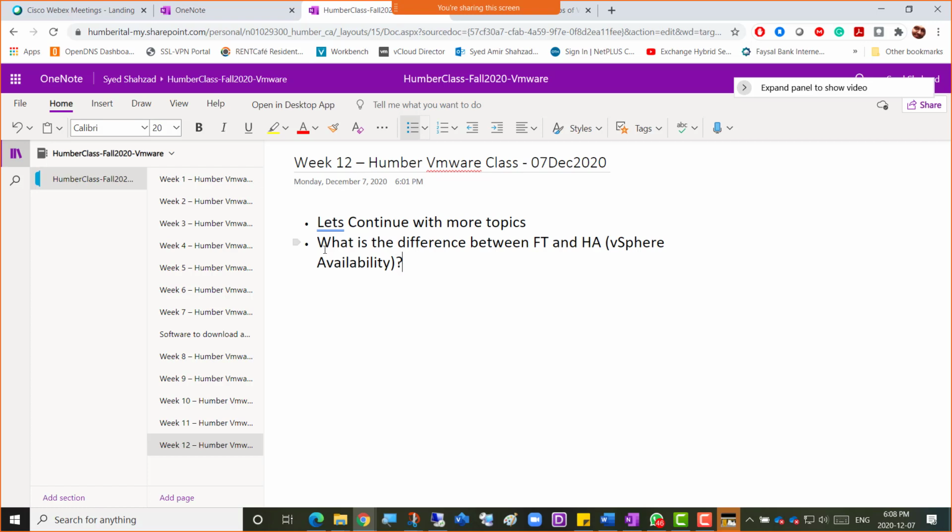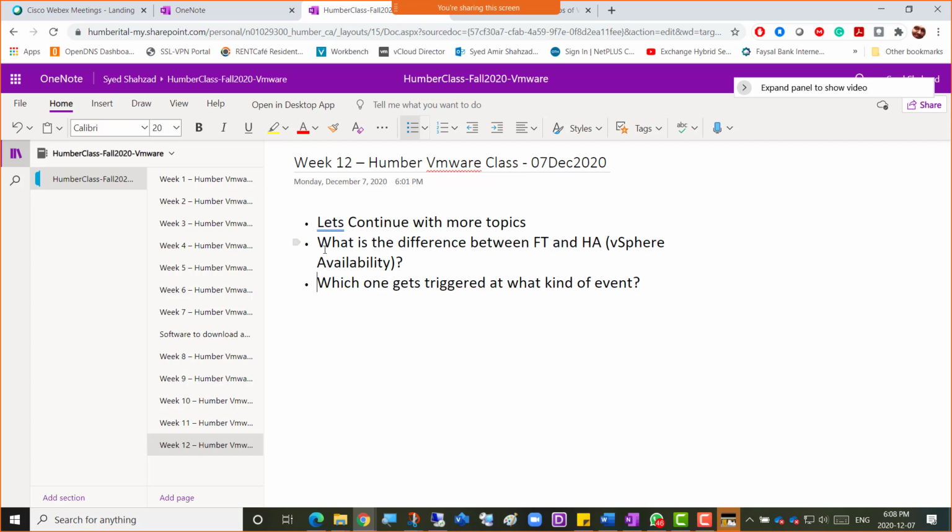And which one gets triggered at what kind of event would be the next question. So when HA triggers and when FT gets triggered. FT costs bandwidth as well, yes, right. Which one gets triggered at what kind of event?